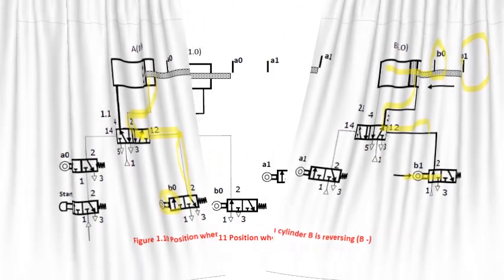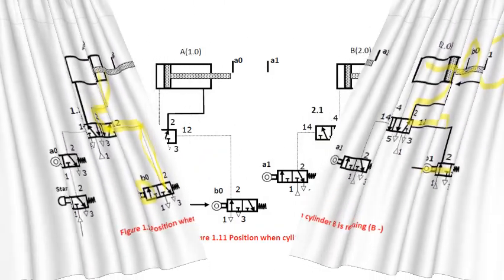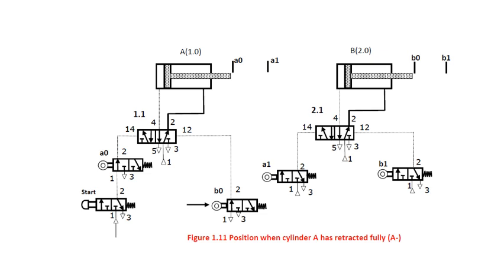This is the initial condition when A0 is also retracted. This is from B1. So after the B0 signal, it will generate a signal, right? B0 will generate a signal to cylinder A. When the B0 limit switch gives a signal to the 5/2 memory valve, that will have an input supply from the compressor that will give a supply to the rod end of cylinder A. Cylinder A also retracts. That is, A0 will generate the next signal for the next cycle.